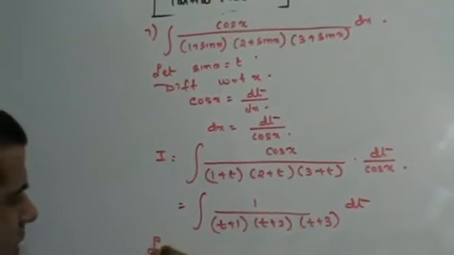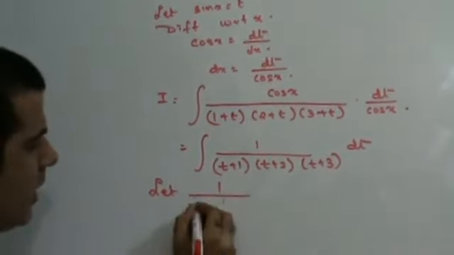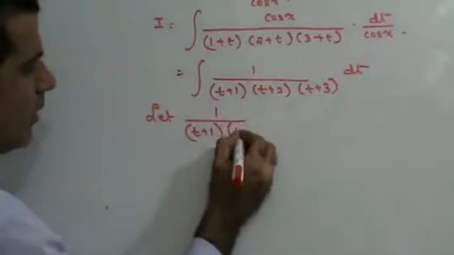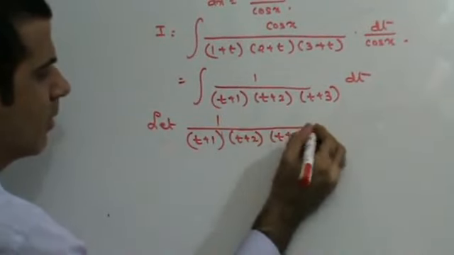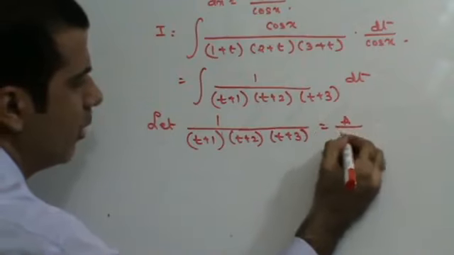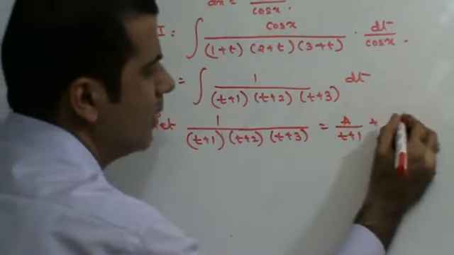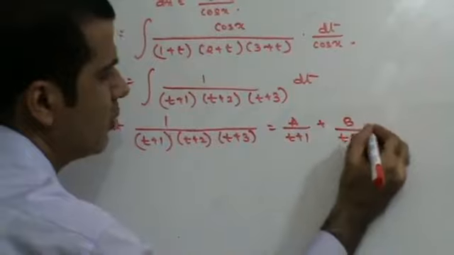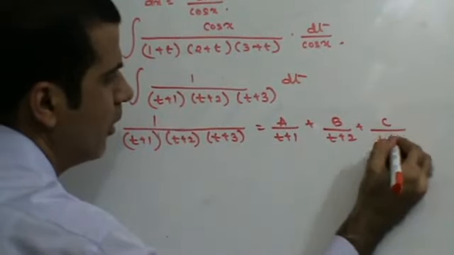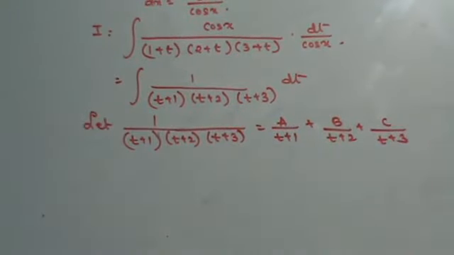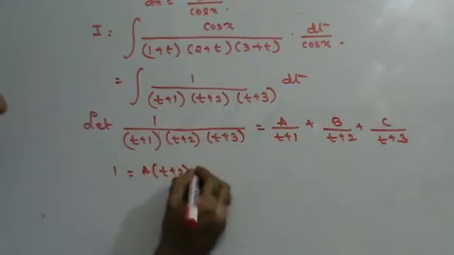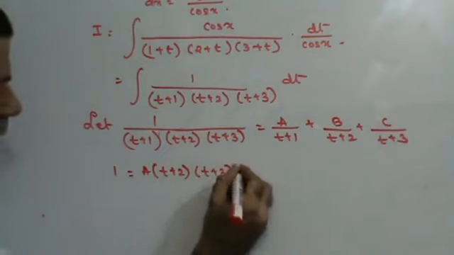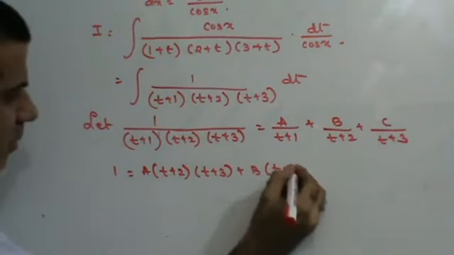Partial fractions: let 1 upon (t plus 1)(t plus 2)(t plus 3) be equal to a upon t plus 1 plus b upon t plus 2 plus c upon t plus 3. This is 1 is equal to a times (t plus 2)(t plus 3) plus b times (t plus 1)(t plus 3)